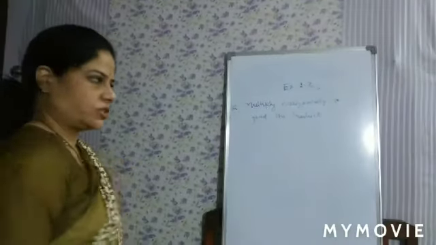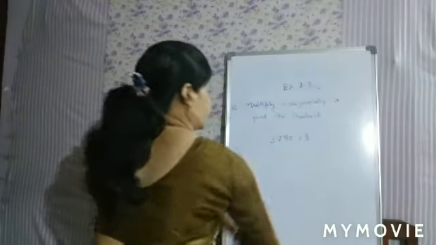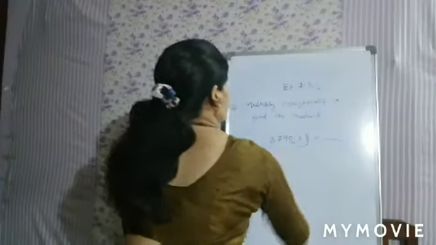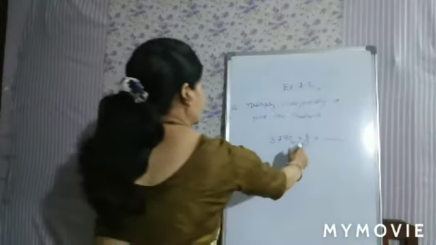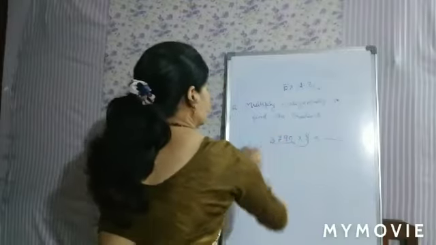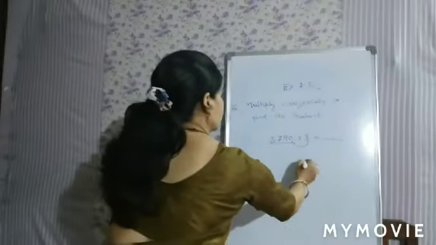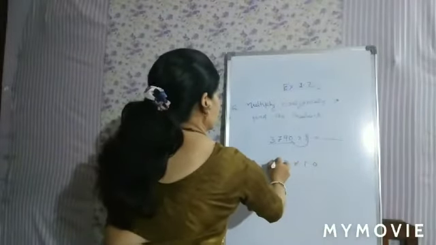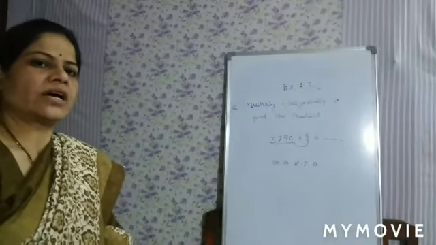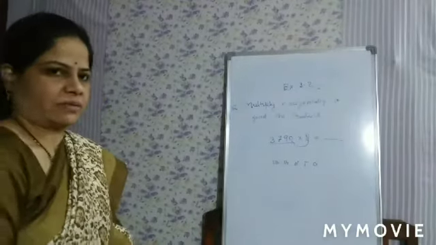Now next multiplication is 3,790 multiplied by 8. Okay. And you have to find the product. You have to multiply horizontally. So take 8 and 0. Since this is a 4-digit number, you have to write the places up to 10,000. Ones, tens, 100, 1000, 10,000. I told you that for a 4-digit number you have to write one more place. Okay. To solve the sum.